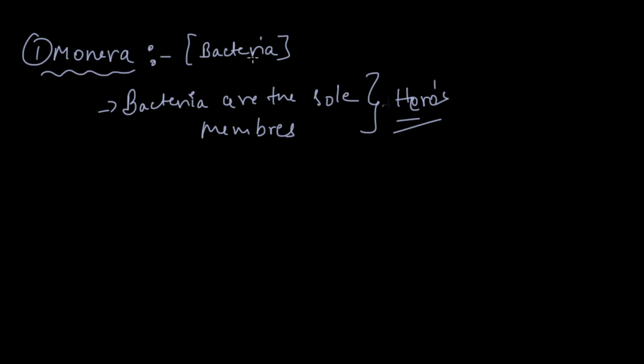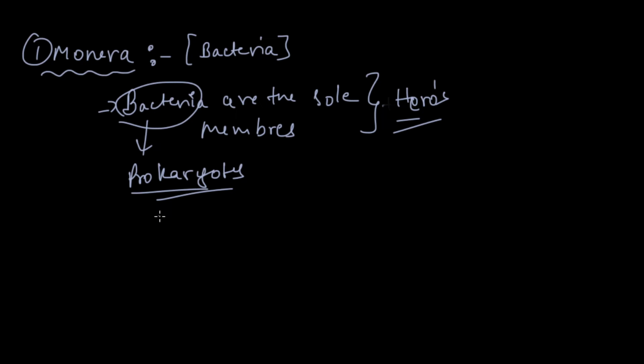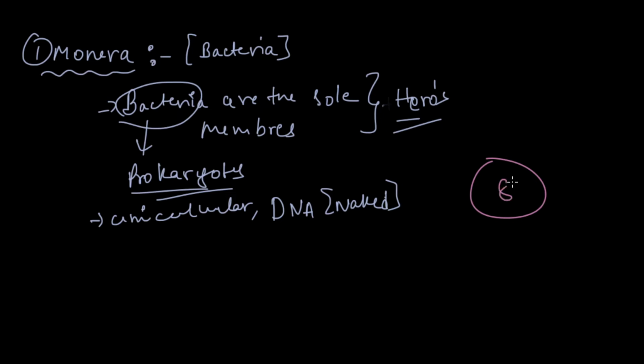These bacteria are prokaryotes. We have discussed in the previous video that the only kingdom with prokaryotes is Kingdom Monera. It includes unicellular prokaryotic organisms. Ribosomes are present, 70S type. DNA is present, but it is a naked circular DNA. The DNA is not covered with any nucleus. If this is your cell, DNA is present, but no nucleus, no nuclear membrane. That is why they are called